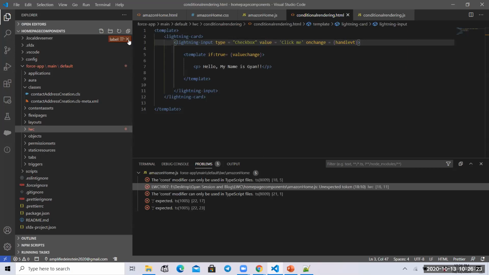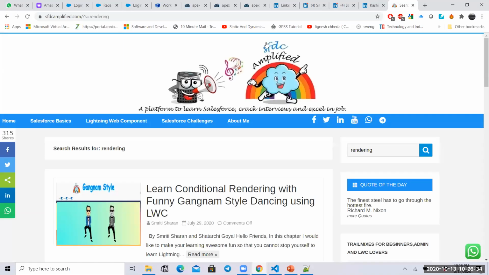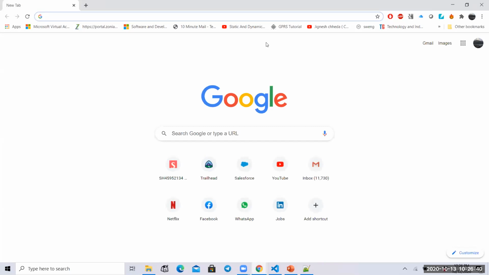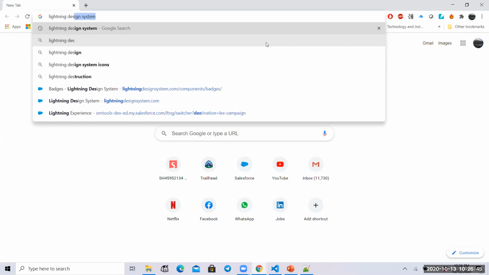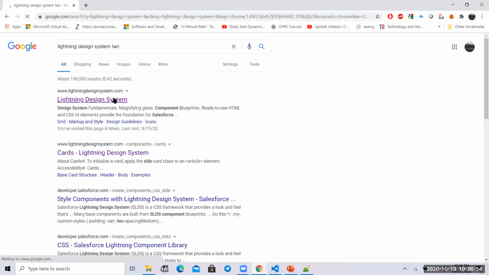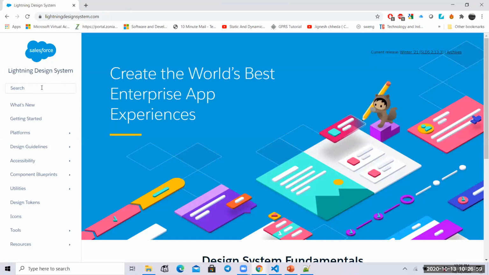So guys, like he asked, that input type should take label or value. So Gyan, just open Google right now and see how we can check that. Open Lightning Data Service and put Lightning input. I think on the design system, you need to go back.